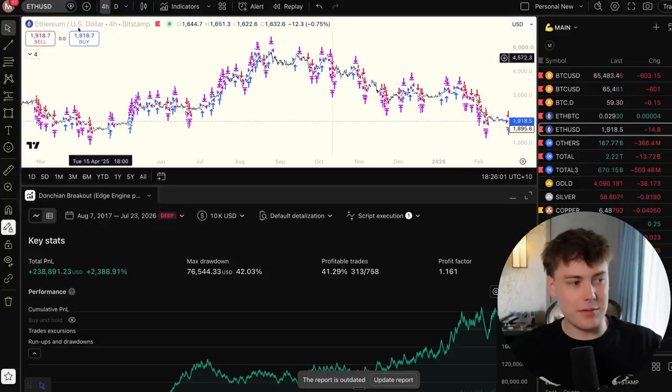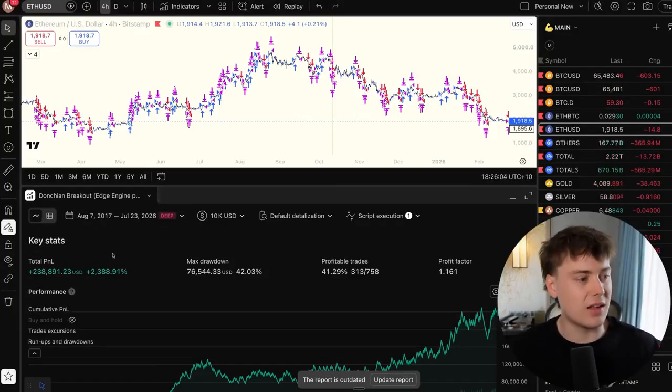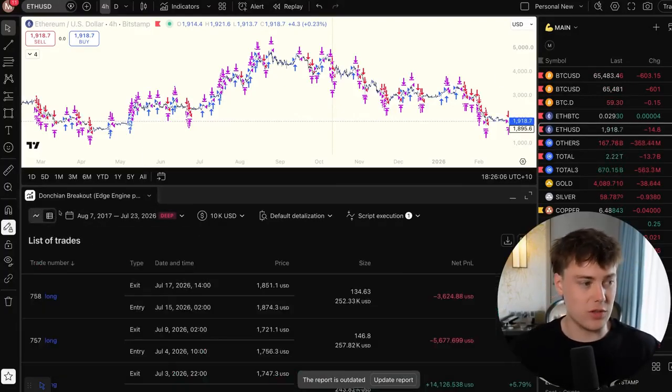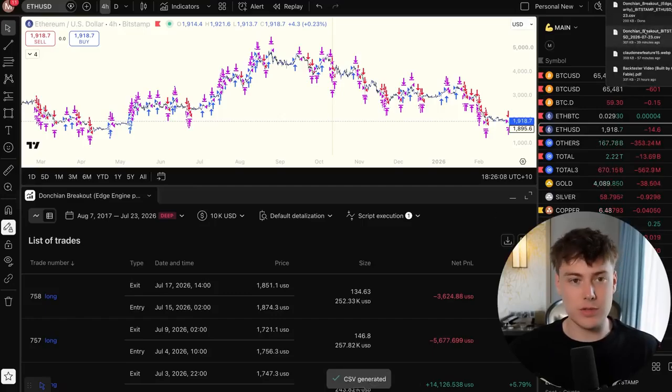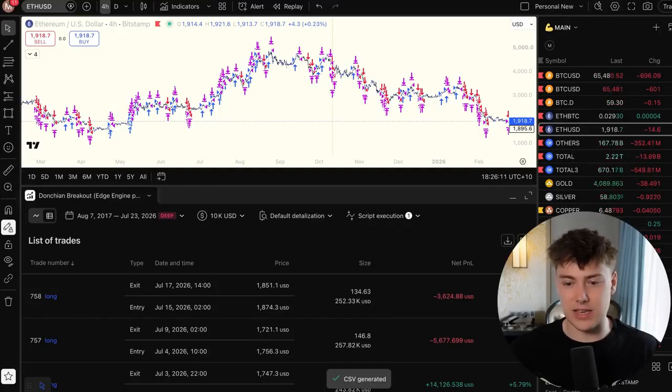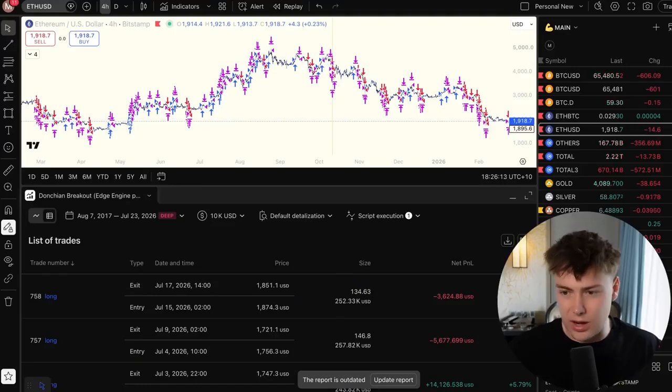Now we actually want to understand what a strategy does. We know this is an outlier strategy, but why is it? If you click on this icon here and then click download, you can download the entire CSV. You can paste it into Claude and ask, hi Claude, could you clearly explain what the strategy does,